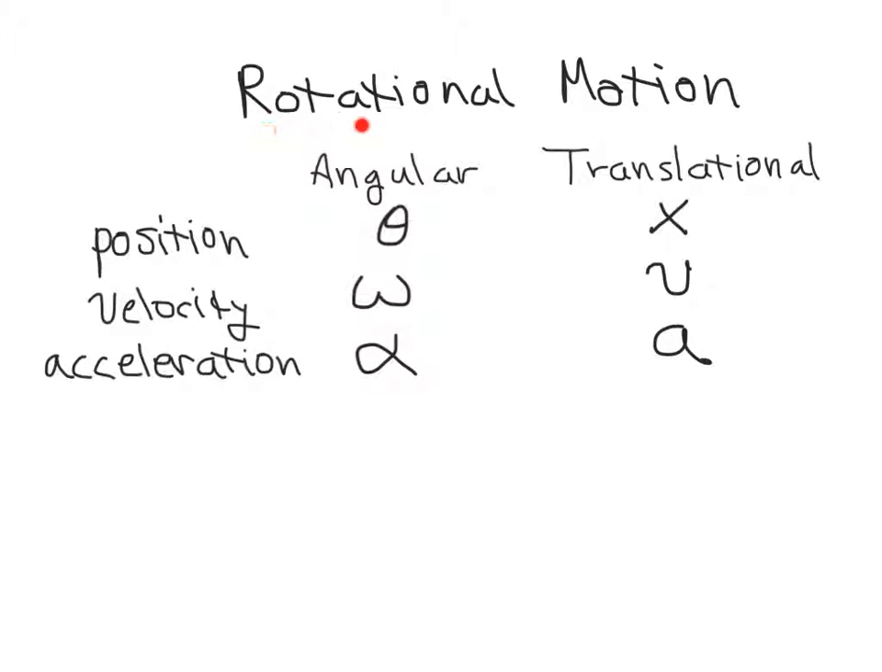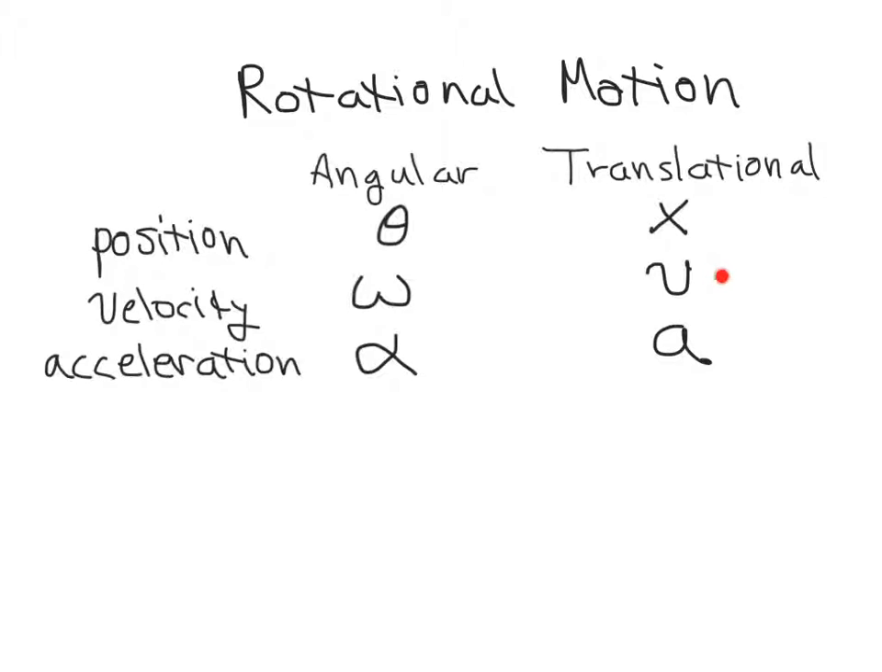So this section is on rotational motion. Rotational motion has many similarities with translational motion, but instead we use angular variables instead of translational variables. And so when we were studying translation in an earlier chapter, we talked about position, which we represented with x,